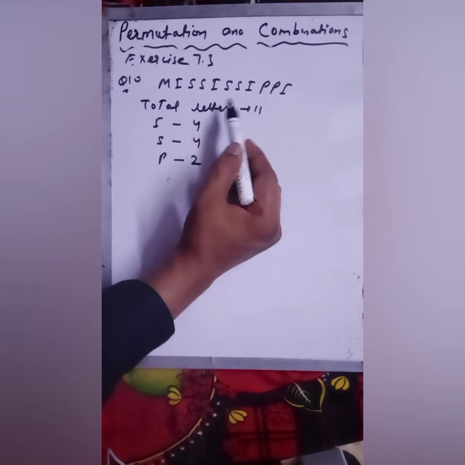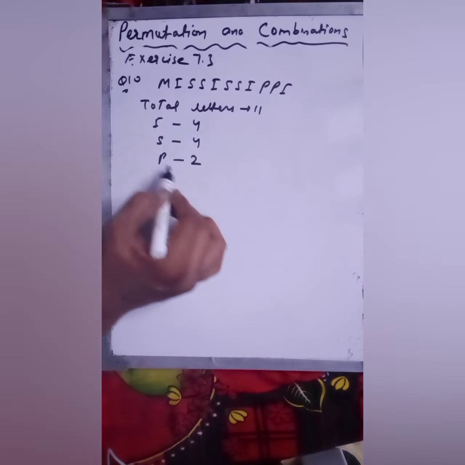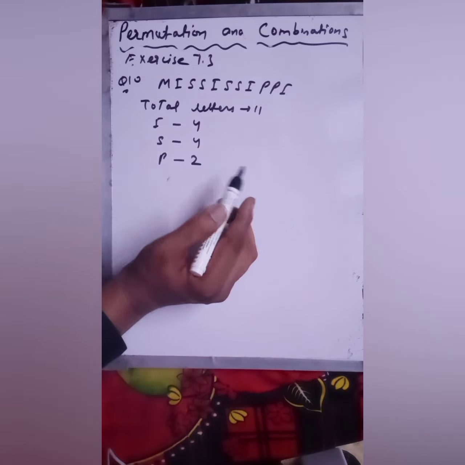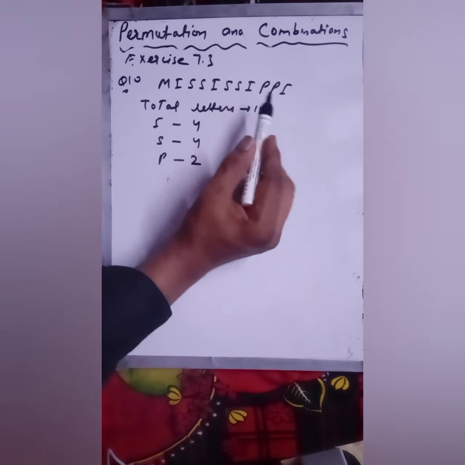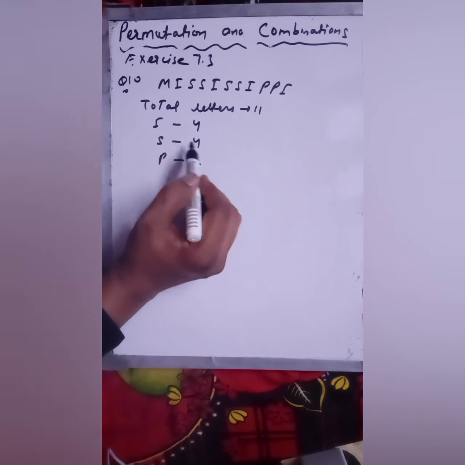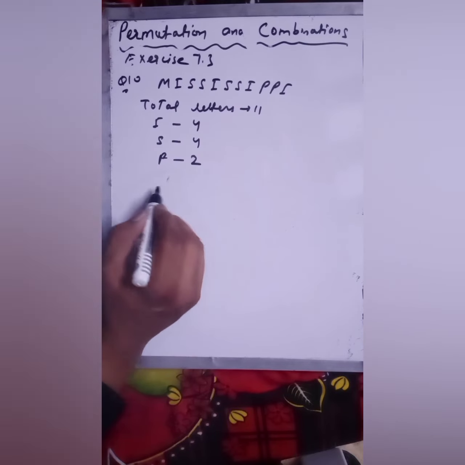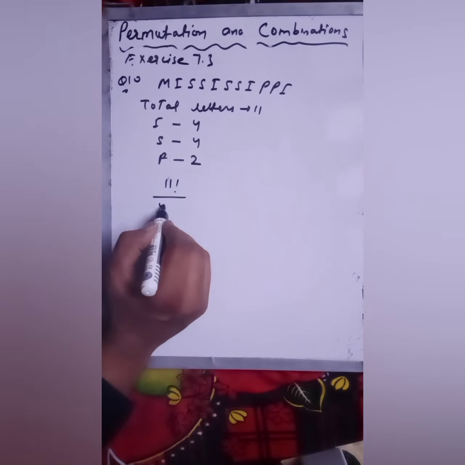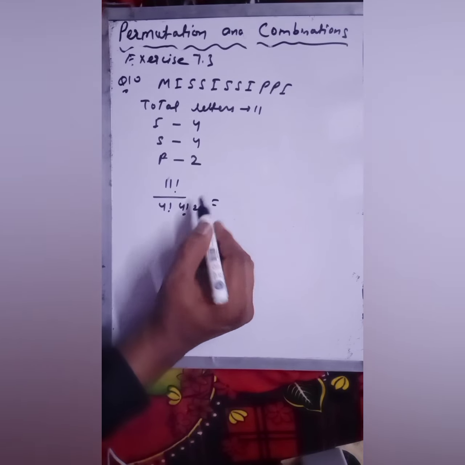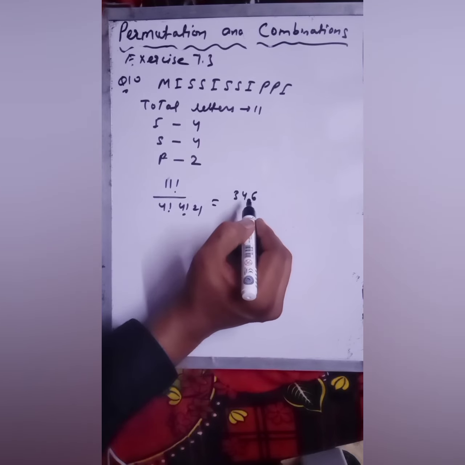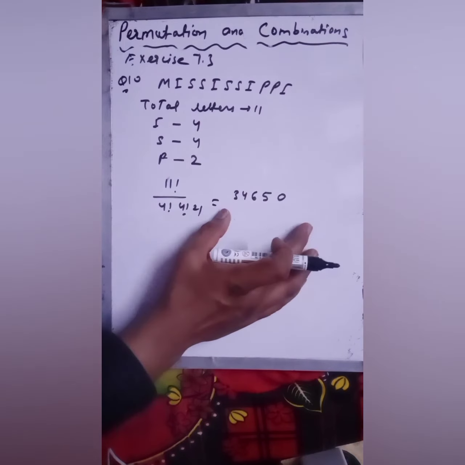इस क्वेश्चन में क्या कह रहे हैं कि सारे जो आईज हैं वो एक साथ नहीं आने चाहिए. ठीक है, तो हम क्या करते हैं, हम पहले टोटल की अरेंजमेंट निकालते हैं. ठीक है, टोटल विल बी, as you can see there are 11 letters, तो टोटल 11 लेटर्स हैं इसके अंदर. 4 आई हैं, 4 एस हैं, 2 पी हैं. सो टोटल आएगी इसकी बच्चे, टोटल विल बी 11 फैक्टोरियल ओवर 4 फैक्टोरियल, 4 फैक्टोरियल, 2 फैक्टोरियल. सो व्हेन यू विल सॉल्व दिस यू विल गेट 34650. फाइन. सो दिस इज योर टोटल अरेंजमेंट.